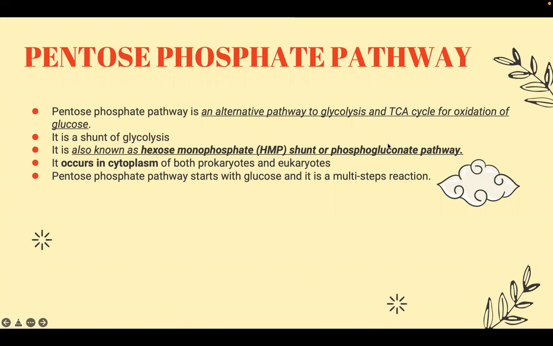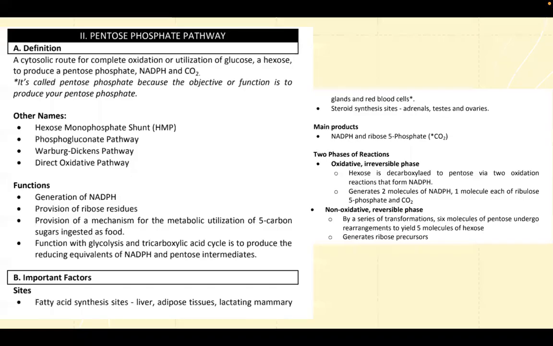Pakitandaan ng ating mga key informations mentioned. Next, it occurs in the cytoplasm both for prokaryotes and then the eukaryotes. Pentose phosphate pathway starts with glucose and it is a multi-step reaction. Okay, kung naguguluhan pa, ano pa ba yung mga additional information natin na pwedeng idagdag for pentose phosphate pathway? So nakakabulol siya. So the definition is that it is a cytosolic route for complete oxidation or utilization of glucose,